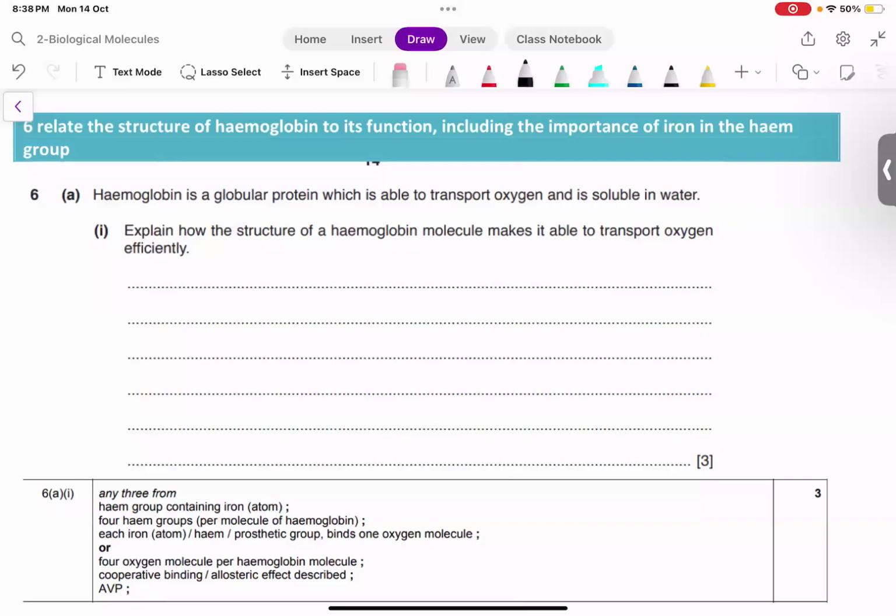Here we have: hemoglobin is a globular protein which is able to transport oxygen and is soluble in water. It can transport oxygen and it is soluble in water. Explain how the structure of hemoglobin molecule makes it able to transport oxygen efficiently. So how it has an efficient transport of oxygen, you can say each polypeptide